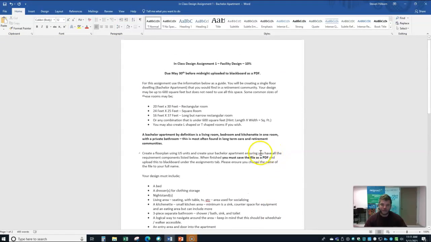Our first in-class assignment will be you developing a single-floor dwelling bachelor apartment. The reason that we're doing this is often in these long-term care and retirement homes, what they must have is all of these little independent living areas that everyone can live in. Now, often we think of bachelor apartments and studio apartments in downtown Toronto and condos, but much of our long-term care and retirement homes are made up of these as well. It gives that individual some of the independence they're looking for and having their own space, as well as being very efficient in size. So you will design up to a 600 square foot bachelor pad,